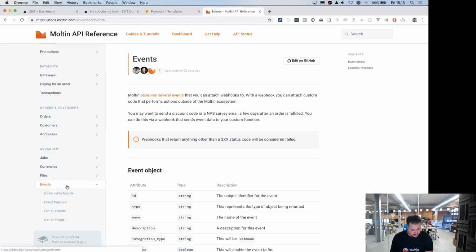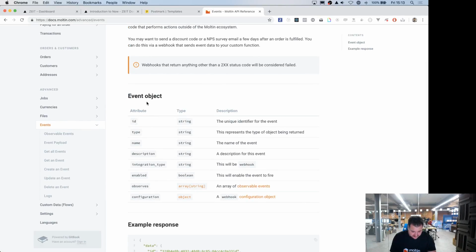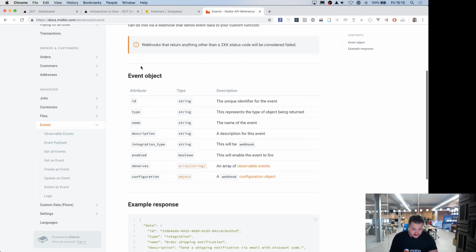So I'm going to head down to events, and this is docs.moltin.com. This is our API reference, completely open source if you want to make any contributions as well, which is really cool. We have this event object with Moltin, and this is the thing that's most useful to us when we are sending these emails. Every time an order is paid or it's updated, we have